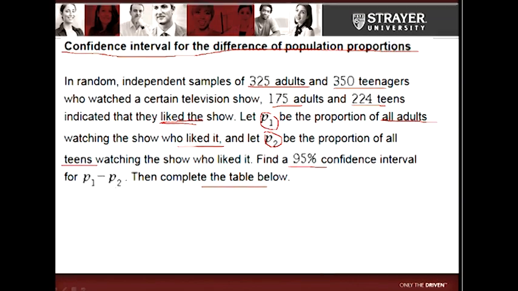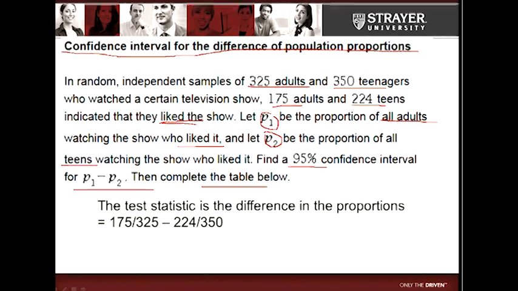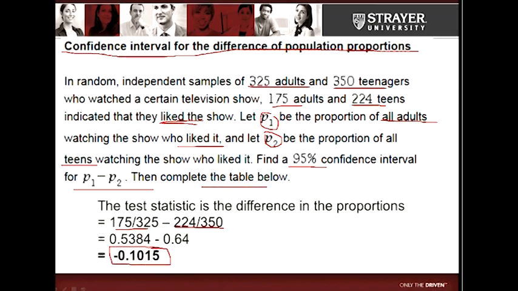So, 95% confidence interval for P1 minus P2, okay? So our test statistic is the difference in the proportions. So that's 175 over 325 minus 224 over 350. Dividing, we get 0.5384 minus 0.64. So our test statistic is negative 0.1015. Okay? That is the difference of these two proportions. But,